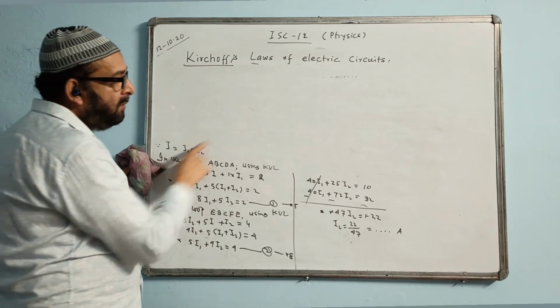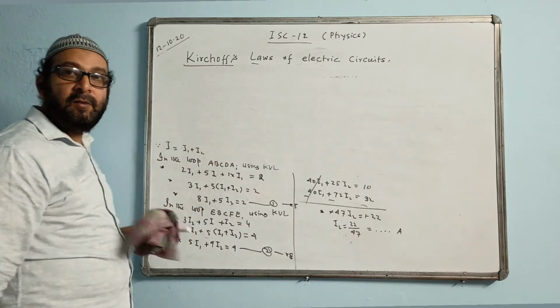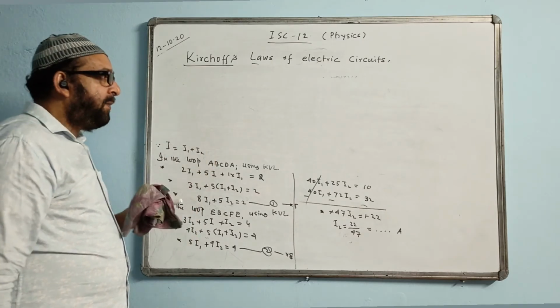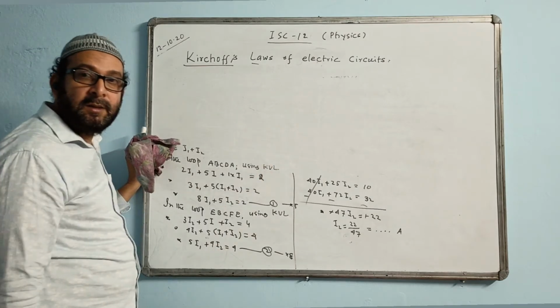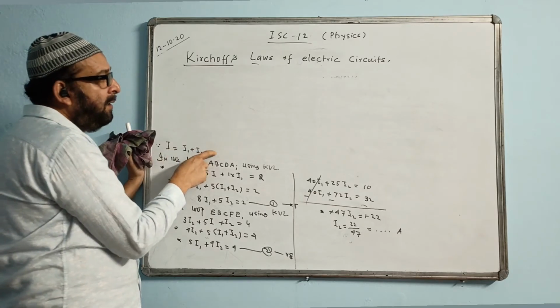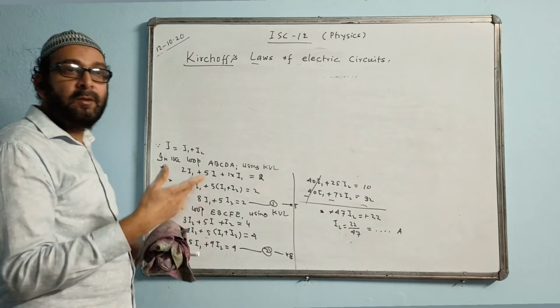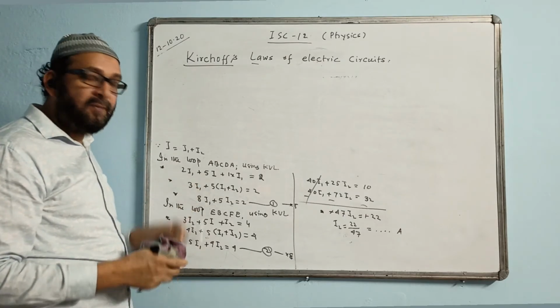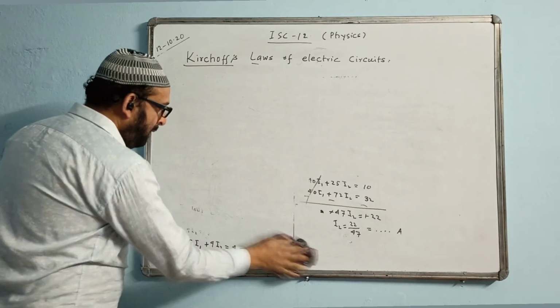So I1 value was coming minus 2 by 47 and I2 is coming plus 22 by 47. Find the value of I from this equation. Then we have to find the voltage across this 5 ohm resistance. Voltage formula will be I into R. Whatever I comes, multiply it by 5 ohm, because in the circuit the resistance was 5 ohm. That way also the answer will come, I mean the potential difference across that, if that is the extra part of the question.